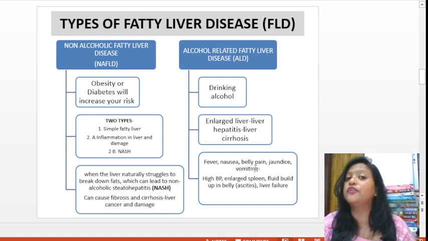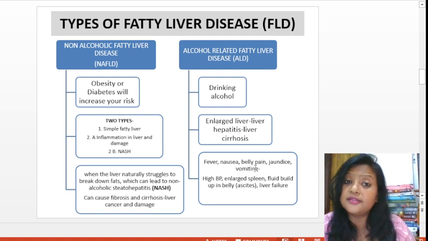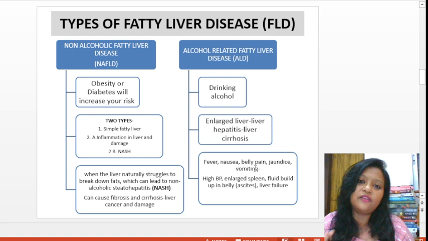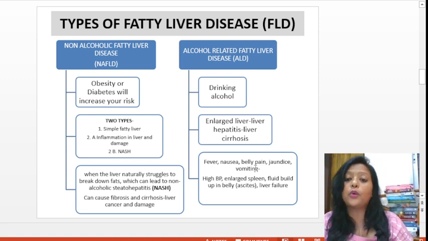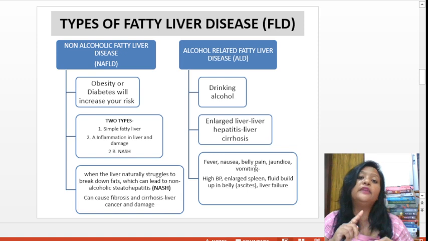Now, as I told you, wait for the last slide because I'll tell you something interesting, how much alcohol can lead to this disease, and there are many other interesting facts I'll tell you about. Okay. Now, what is happening here? When you drink too much alcohol, what will happen? It will lead to the first step. It will lead to your liver enlargement. Your liver starts increasing in size.